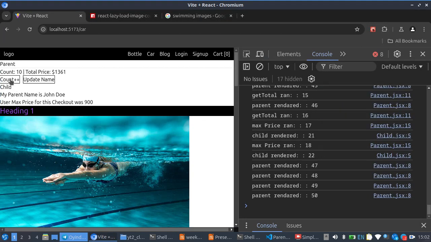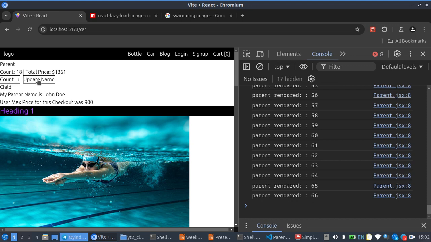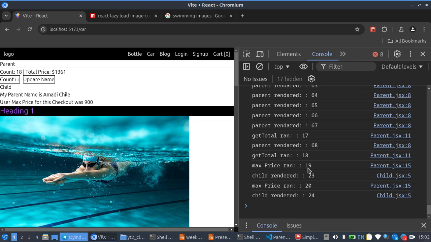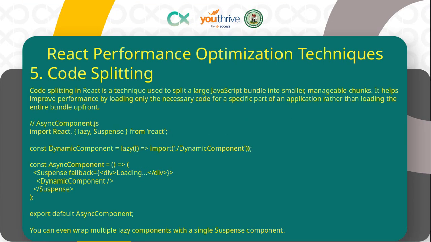So you notice what will happen now. If I update my count, I get this, but notice what happens when I update my name. Now I see how many things run. The get total runs, the max price runs, so it then means it's actually working the way we want. So that is it for the memoization part. So the next one is